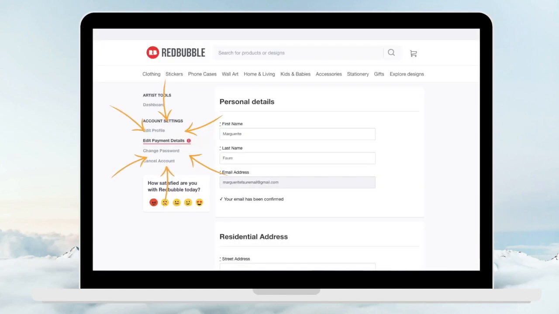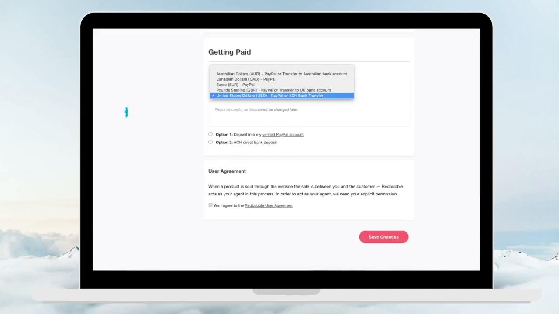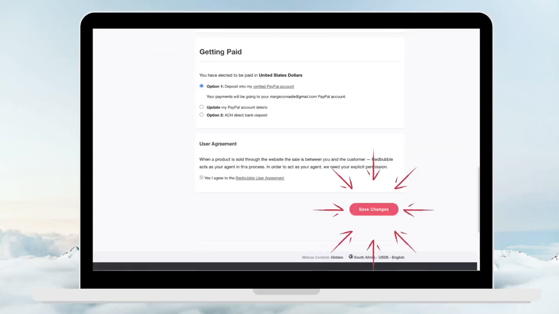Now we want to edit our payment details. Click on that and then fill out the fields. If you're registered for VAT, go ahead and click that and add your VAT number, but I'm not going to do this, I'm just showing you as an example. Select which currency you want to get paid in, as well as whether you want PayPal or a bank transfer. Identify what is applicable to you, and then if you're using PayPal, you will be directed to PayPal to verify your account. Click that you agree to the user agreement and then head on and click on the red Save